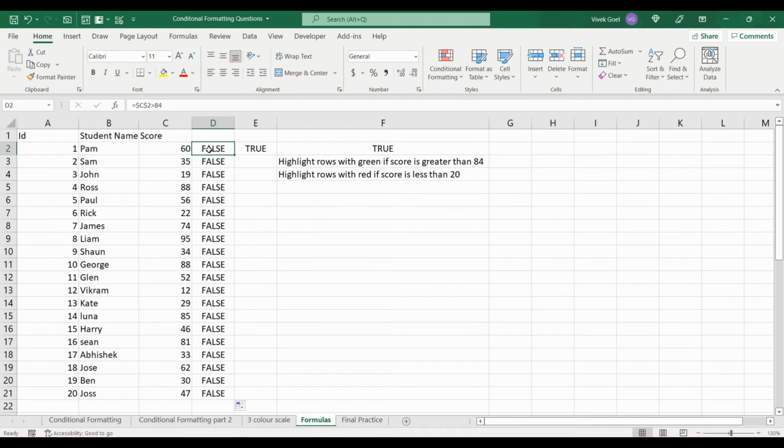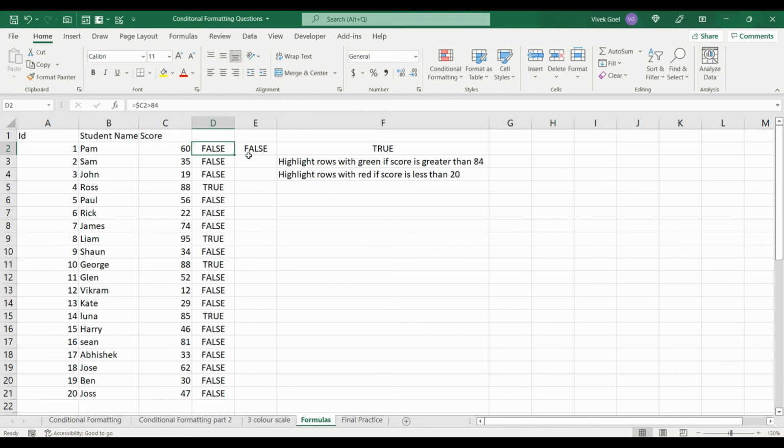So we know we need to use mixed referencing here. We need to make our column absolute and our rows should change if we copy our formula down. Let's make this change, and now when we copy our formula down, we will get the correct answers.